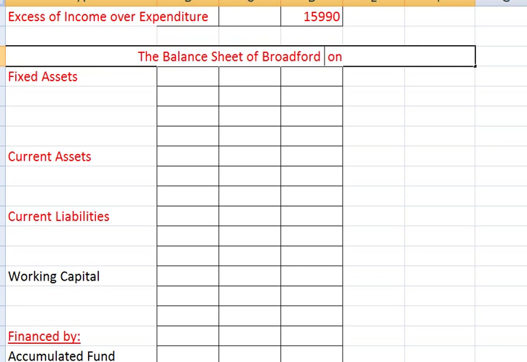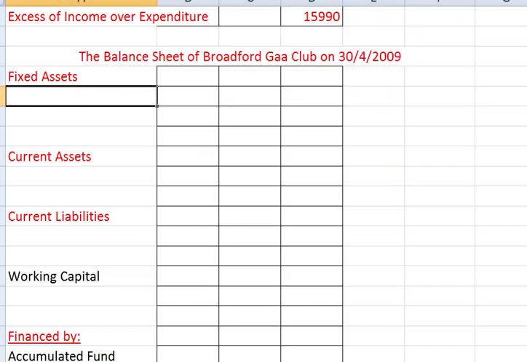So the balance sheet of Broadford GAA club as at a particular day. So this is the 30th of April 2009. See, a balance sheet will change from day to day. So the fixed assets are always